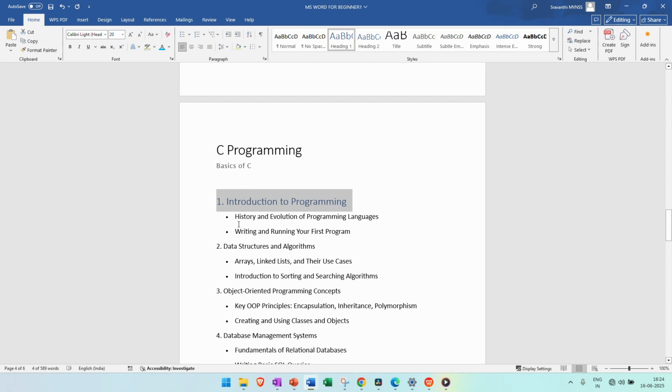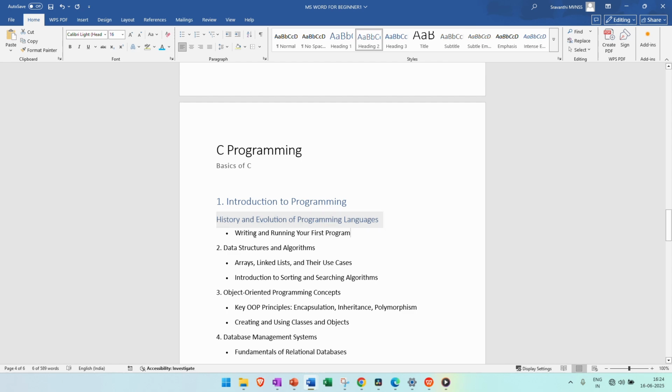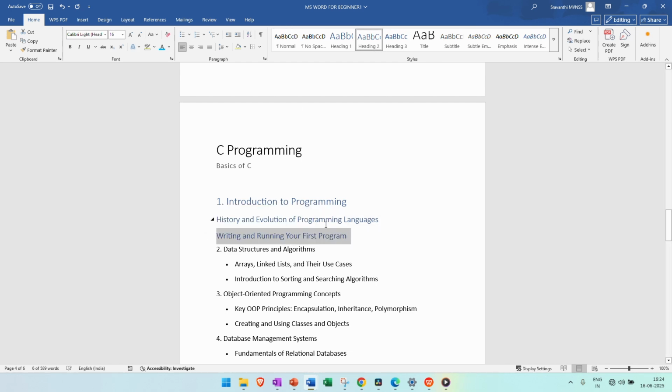Now within my first heading, these two become my subheadings, right? They're heading 2 basically, because these are the subtopics within my main topic. So I'll select heading 2 for this. I will also select heading 2 for the next one, because these two are my two headings within the heading 1. Now what is the advantage of selecting the heading option? The first thing is,